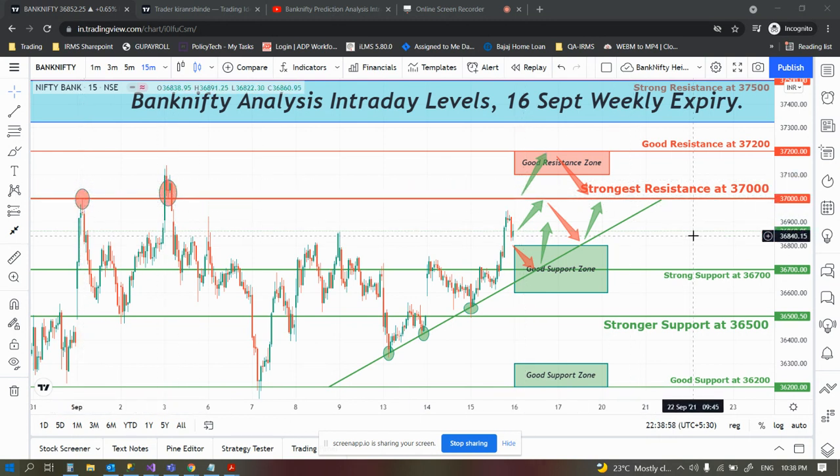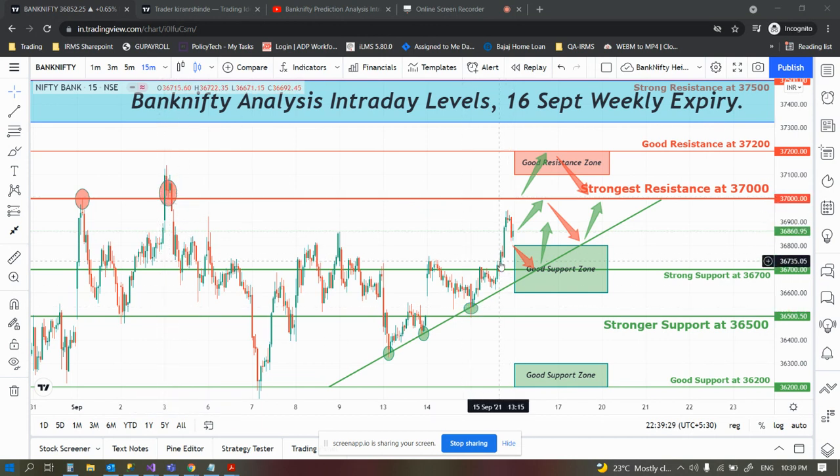Now how to take the trade for the expiry, keep these things in mind, what I'm trying to tell you. When such resistance levels are broken, such round figures or large resistance levels are broken with such big candles, then let the market retest those levels, and when you find a positive candle, then go for buying. Otherwise, you can see such kind of failure of this broken resistance level.